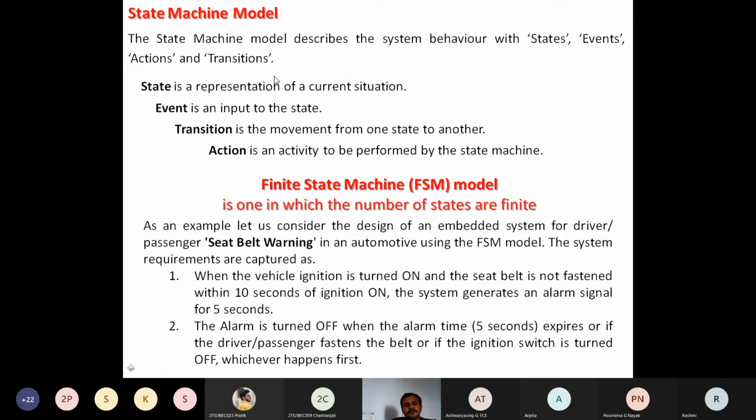So in this example, they discuss the seat belt warning system in an automotive using the FSM model, the finite state machine. States are nothing but the situations we observe in the seat belt warning. They explain the design of the seat belt warning system using only two requirements. What are the two requirements? Here the first requirement is,